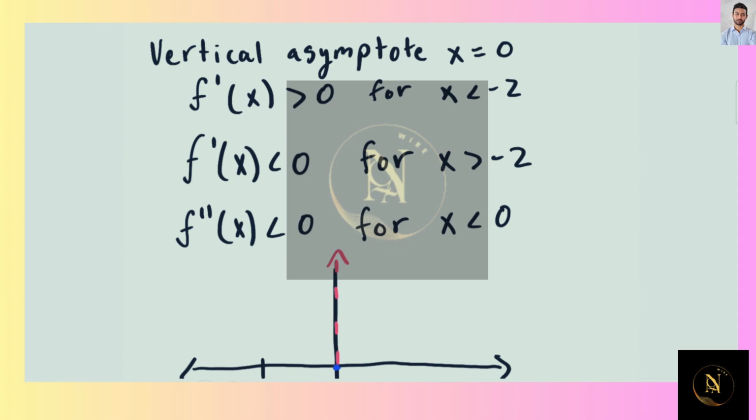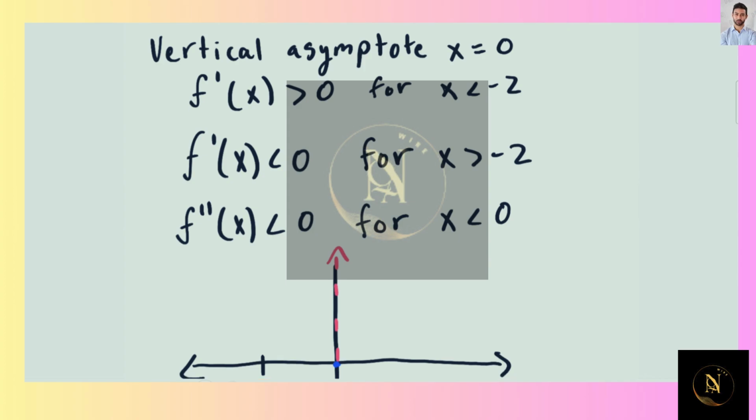Okay, so we're given four conditions that our graph has to meet. We have this vertical asymptote at x equals 0. We are increasing, or our derivative is greater than 0, when x is less than -2. We are decreasing when x is greater than -2. And our second derivative is less than 0 for x less than 0, which means that we are concave down on the interval from -infinity